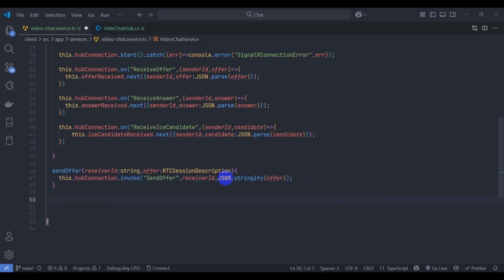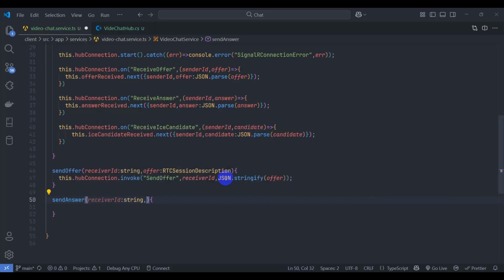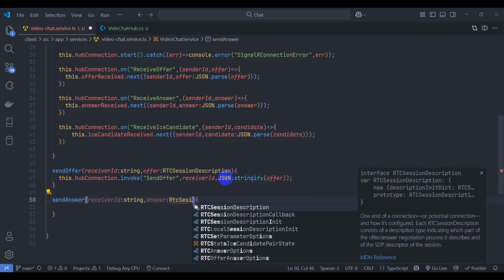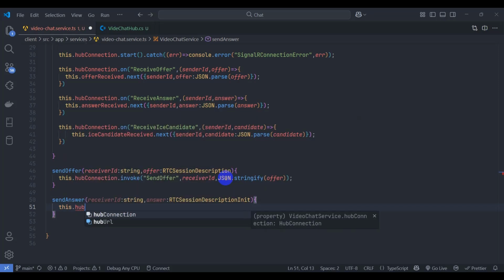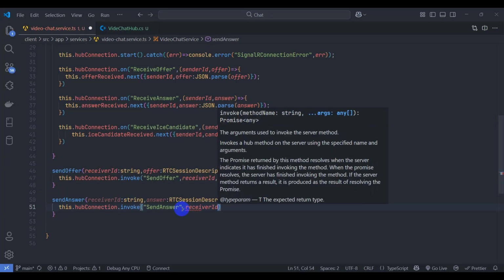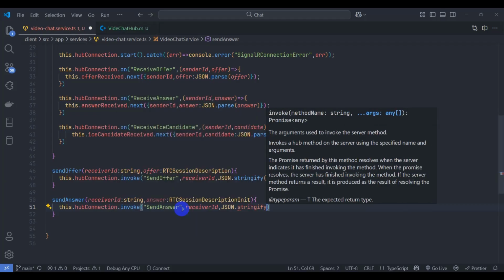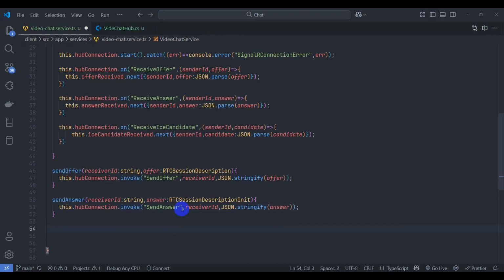Let's invoke another method, sendAnswer. Let's pass here receiver ID of type string and answer of type RTCSessionDescriptionInit, and let's invoke this.hubConnection.invoke sendAnswer, let's pass here receiver ID and stringify our object answer, JSON.stringify answer, and another one sendIceCandidate, let's pass here receiver ID of type string, candidate of type